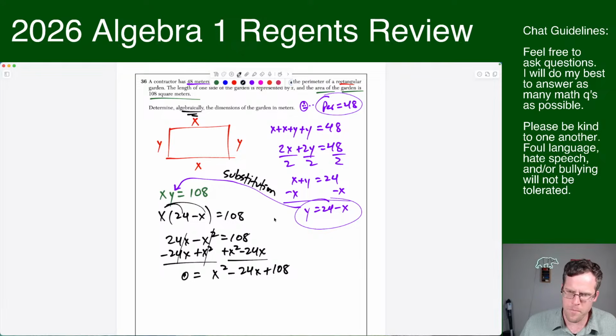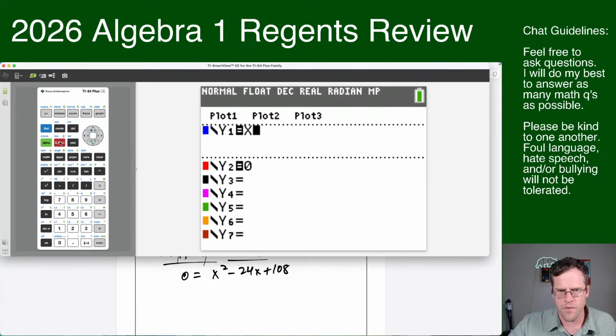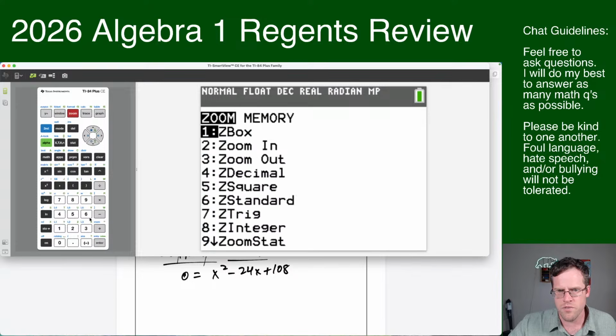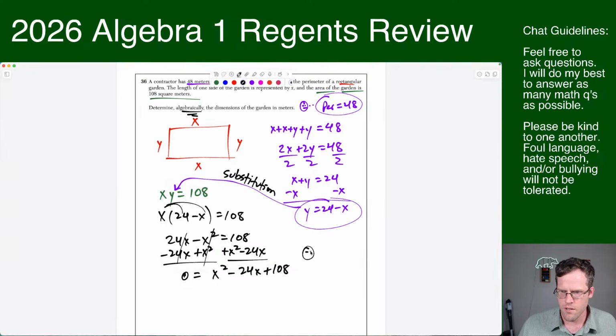And now from here, if you didn't learn your 18 times tables, I'm sorry. But let's say you're wondering, how do I factor this? You could use the calculator to assist you. So y equals x squared minus 24x plus 108. I do zoom 6, and I'm like, oh no, I only see one of the roots here at x equals 6. So if I have a root, I just want to point something out, like how you could think about this. If x equals 6 is a root,